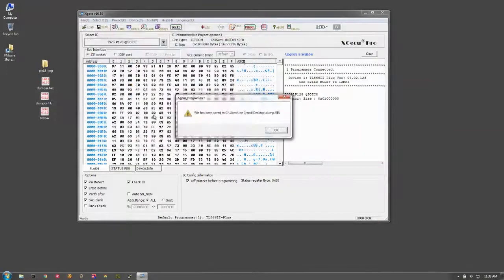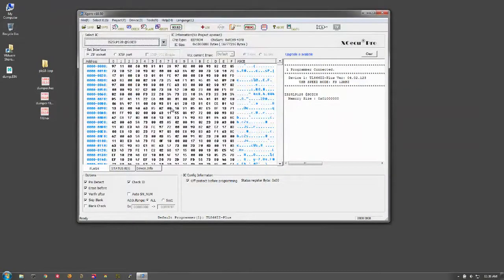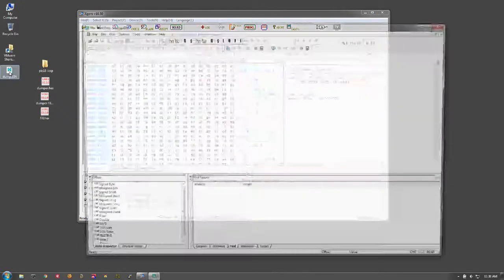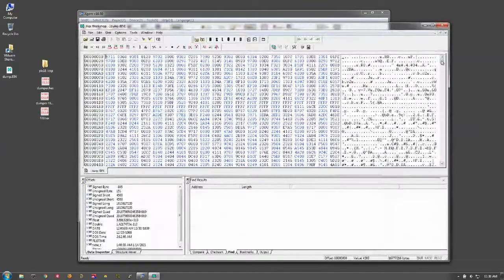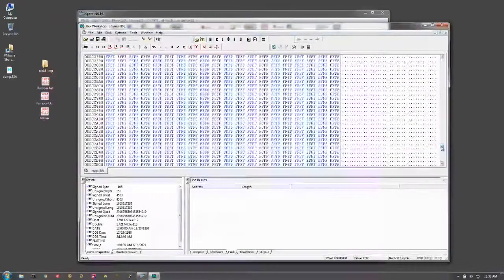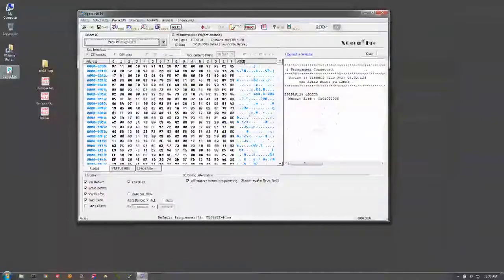Save that as dump.bin, so the file has been saved. So now this binary that we just extracted from that external flash device is here. We can load it into a hex editor, which gives us a similar view, right? Not super exciting. I don't remember where the code space starts, but if we're going to reverse engineer the chip, you could actually take this binary file and throw it into